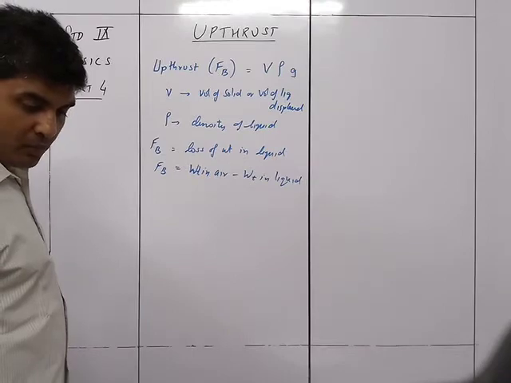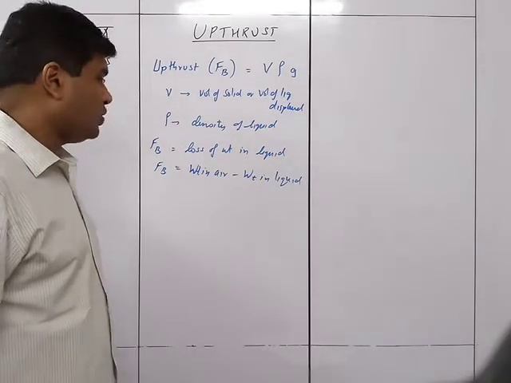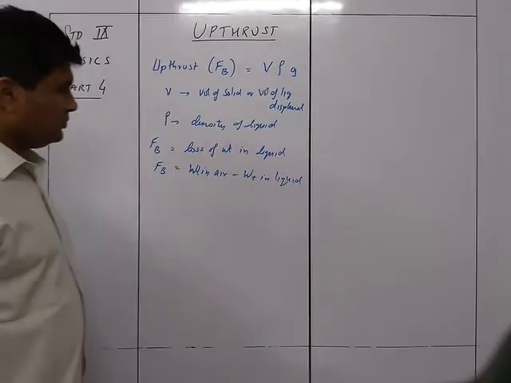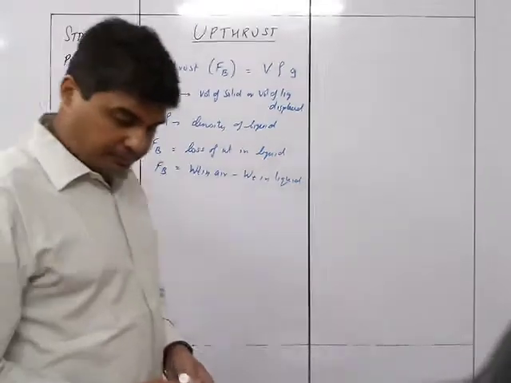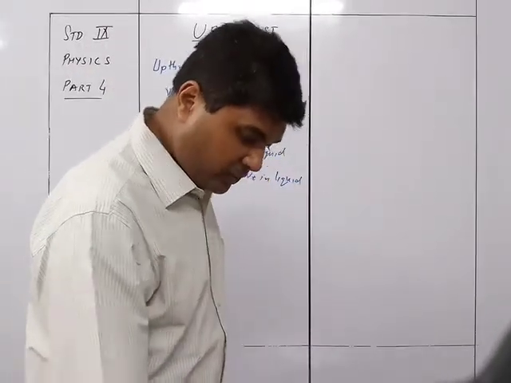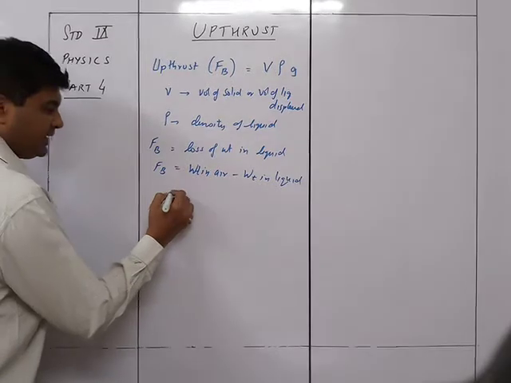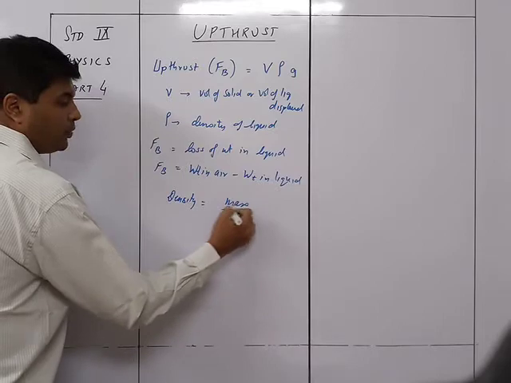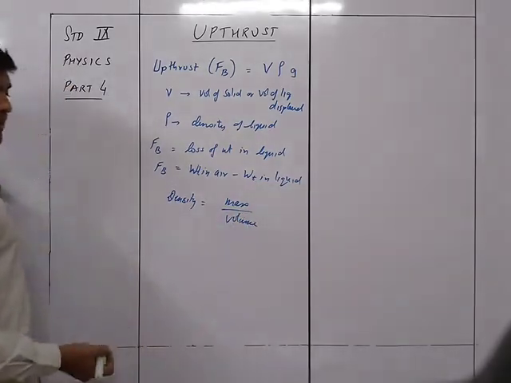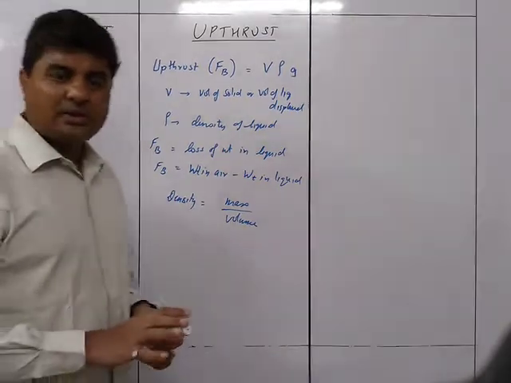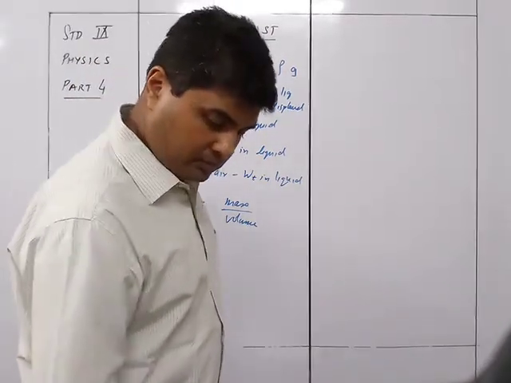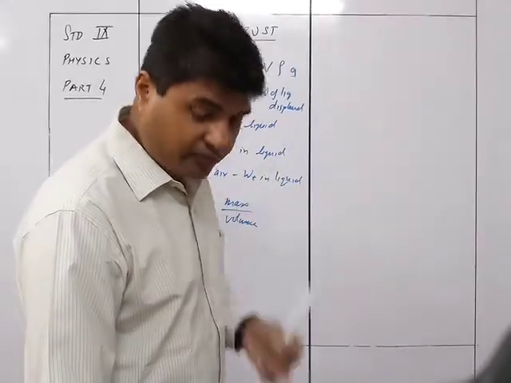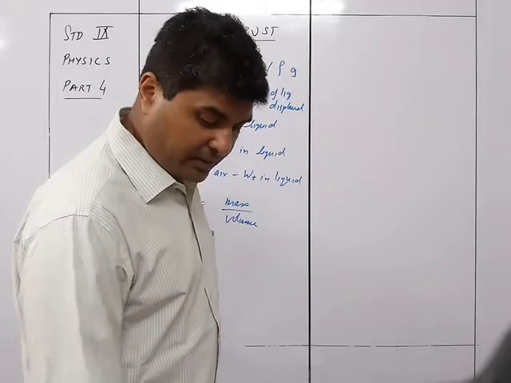And what else? Otherwise the force and so on we already know. This is the main two things, FB equals V rho G. That's the kind of thing over here. We may require here density is equal to mass upon volume. That's the general formula, density is mass upon volume. This is some of the things what we'll require. Okay, we'll just see the sums now, and then accordingly we will find out what are the other things which may be required in the sums.